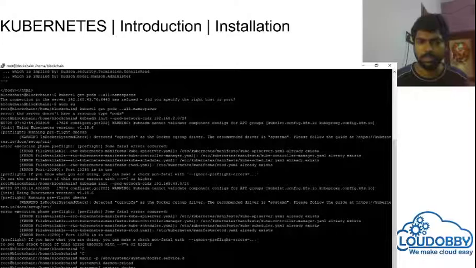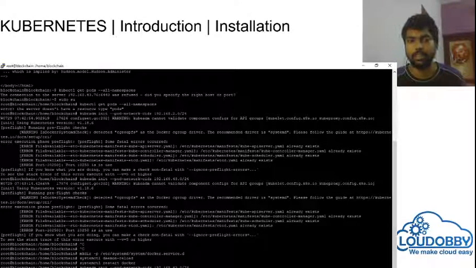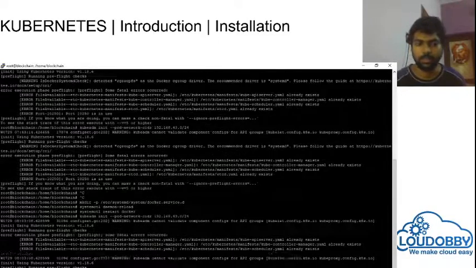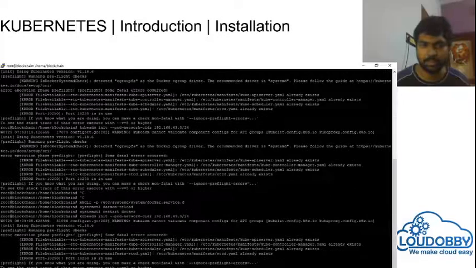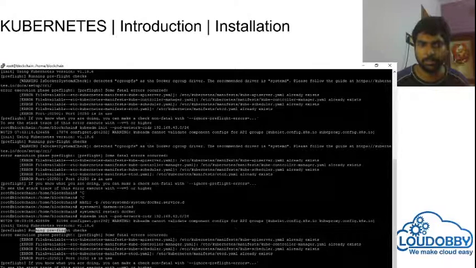So now I have restarted Docker and let us try to run this kubeadm init command. This actually starts our master server in the network. Kubernetes version, running pre-flight checks, fatal errors.